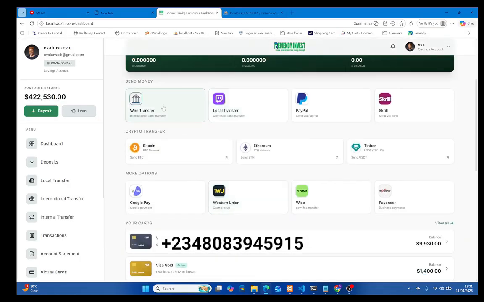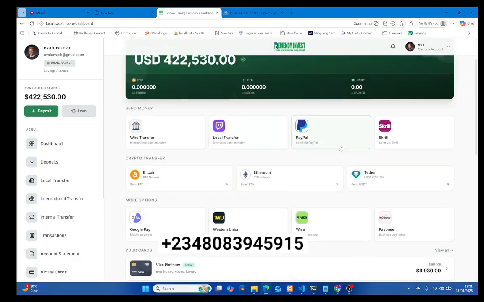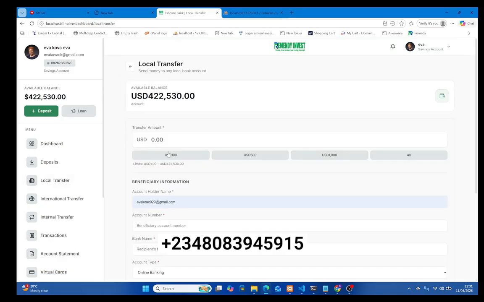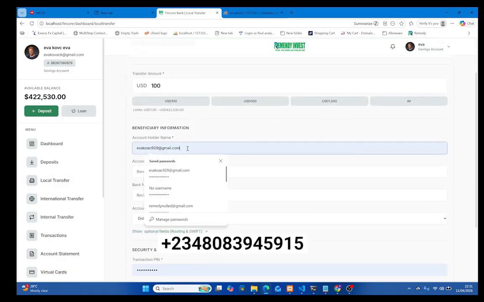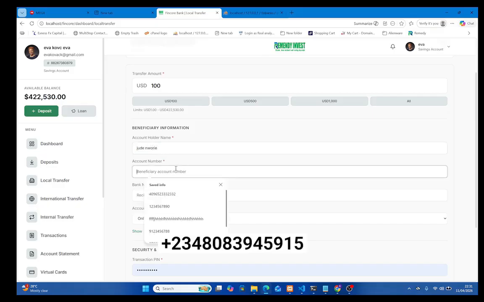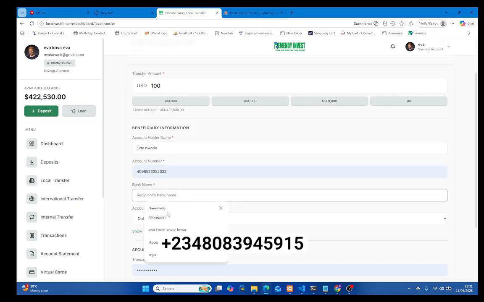It's the same way with both the wire and local transfer. So suppose now we can make any of them here. You can even do the Bitcoin transfer, we can do any of them here. So let's say we want to go for local transfer now. We put the amount, put the user's name, put the beneficiary account number, put the bank,